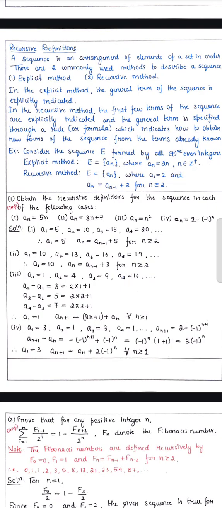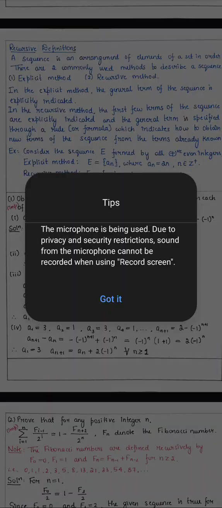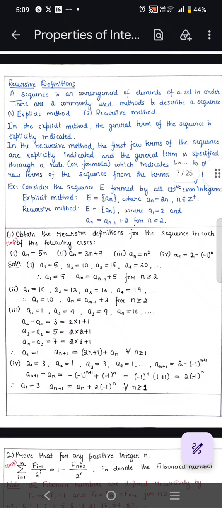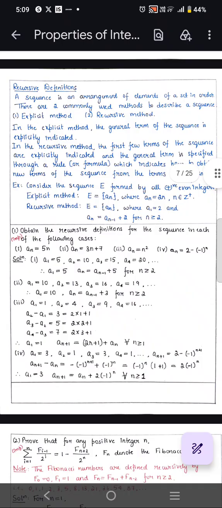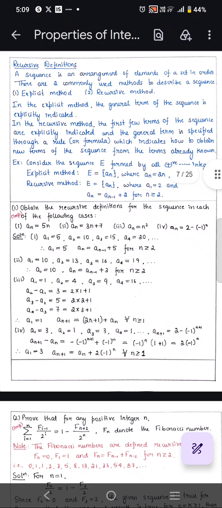Recursive definitions. A sequence is an arrangement of elements of a set in order. There are two commonly used methods to describe a sequence, that is the explicit method and the recursive method. In the explicit method, the general term of the sequence is explicitly indicated. In the recursive method, the first few terms of the sequence are explicitly indicated. The general term is specified through a rule or formula, which indicates how to obtain new terms of the